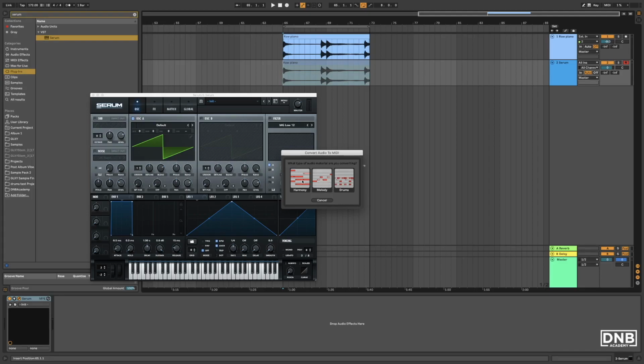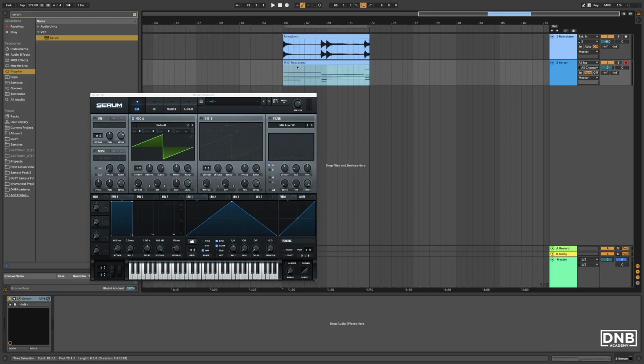We don't really use the melody feature that much, but if you have a top line or something, you could probably extract the MIDI out of that, but it's not a feature we use. The harmony one is what we aim for because we want to get those nice chords. So you hit that, and very quickly you get your MIDI file. And this has done it pretty clean, actually. Obviously this is an initialized Serum patch, so it's going to sound weird, but